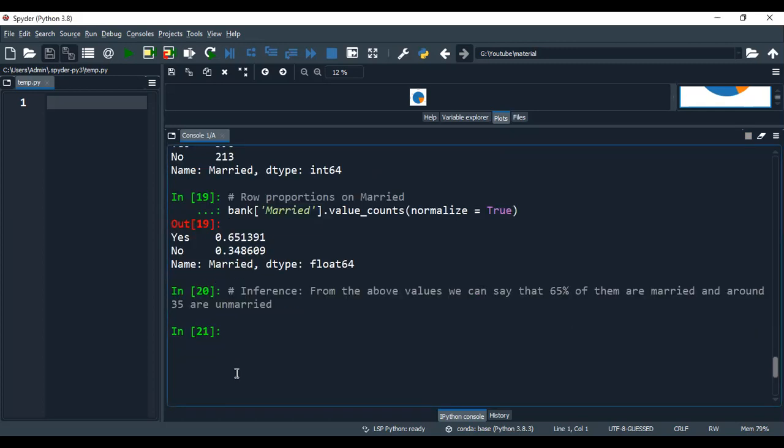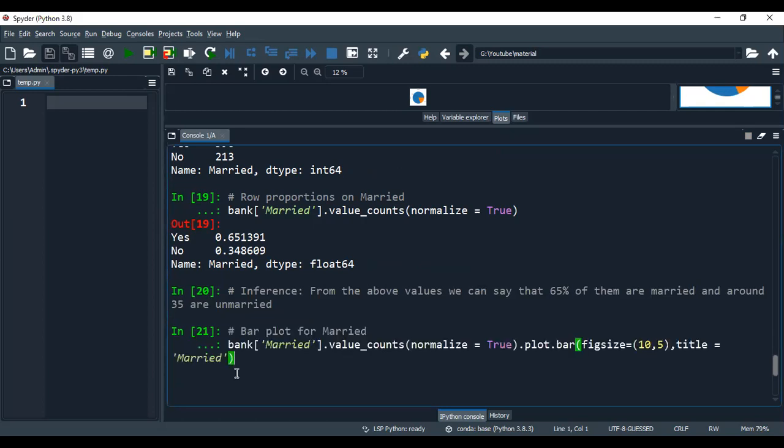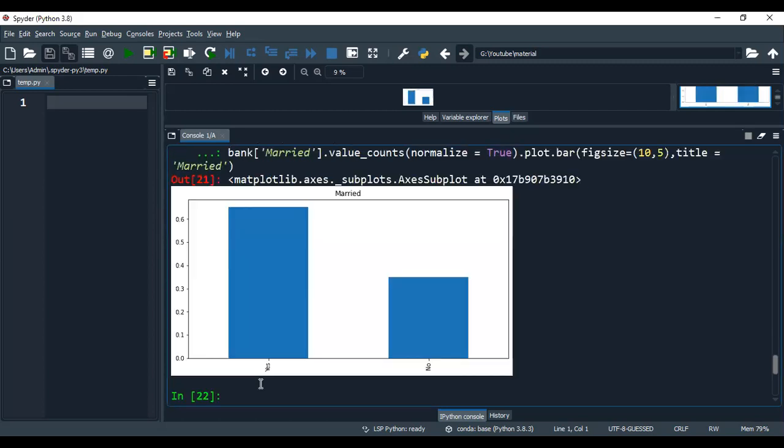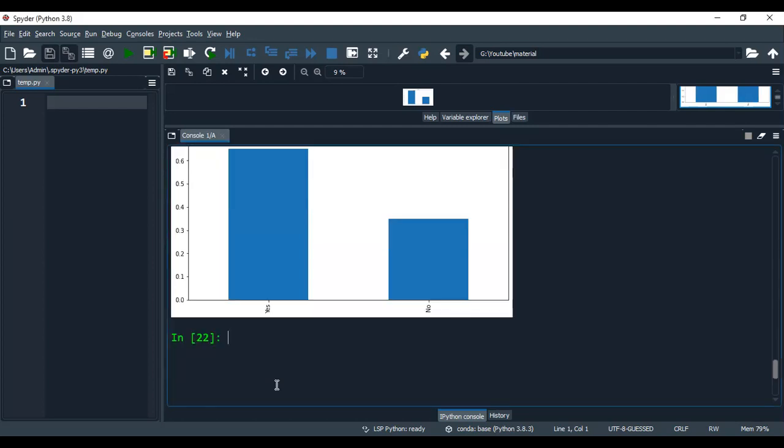Then the bar plot. Can you see here the bar plot for the married column? The inference is: from the above bar graph, we can clearly say that the percentage of married persons is more than the percentage of unmarried persons.